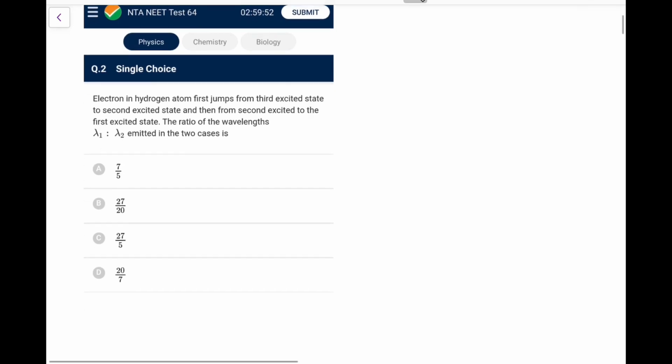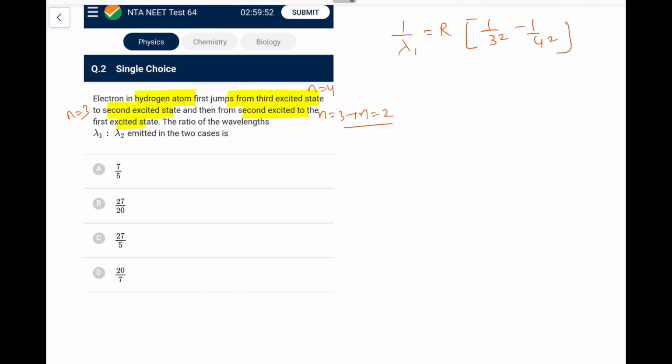Next, electron in hydrogen atom first jumps from third excited state to second excited state. Third excited means fourth, second excited means 3. Then from second excited to the first, that is from 3 to 2. The ratio of the wavelengths emitted in the two cases is, so first, in the first one, 1 by lambda, you can write it as R, 1 upon 3 square minus 1 upon 4 square. For the second one, you will have the lower one is 2, so 1 upon 2 square minus 1 upon